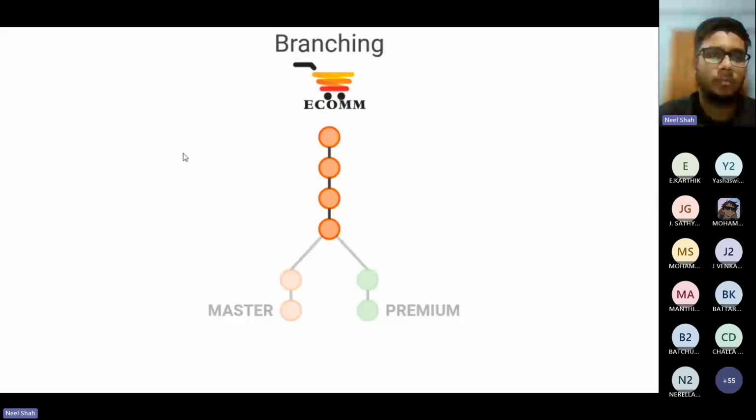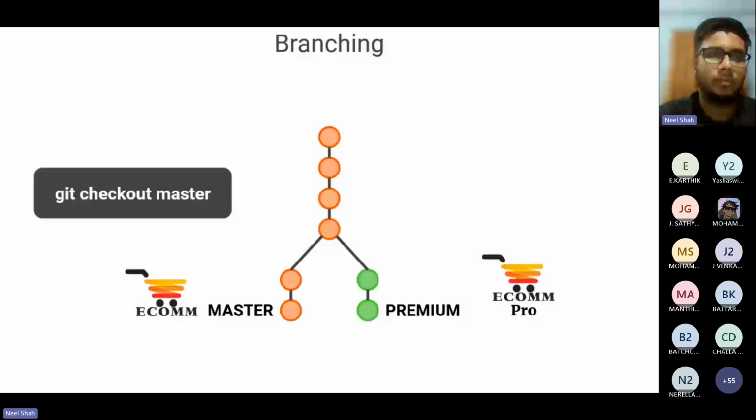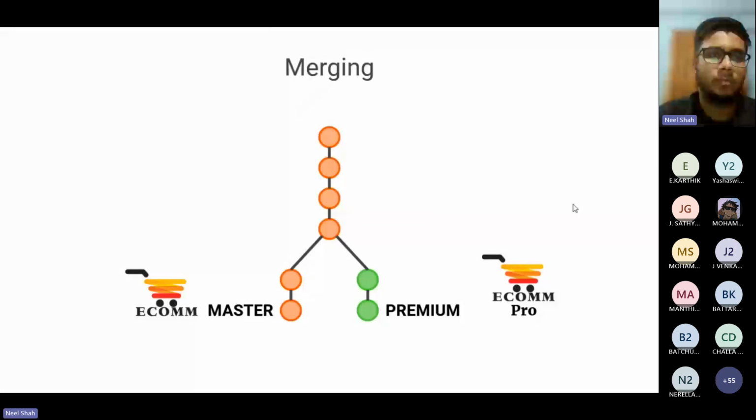So next, you can see these are the premium features. These are the master features. So there were in the normal app. So when you go to merge them, what would happen is, what it has done: git checkout premium. So it had headed to the premium branch. Previously, what we did was branch, so it made the premium branch separate. So similarly, git checkout premium, git checkout master, and merging them.